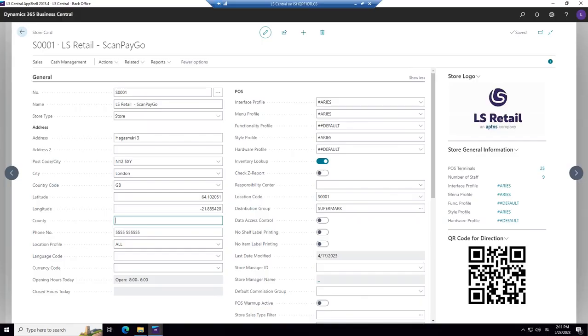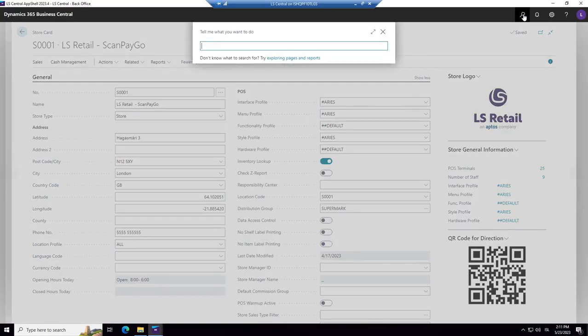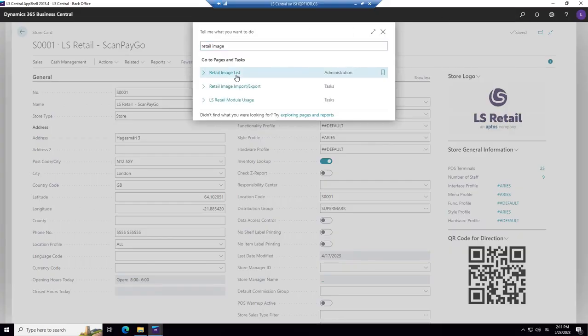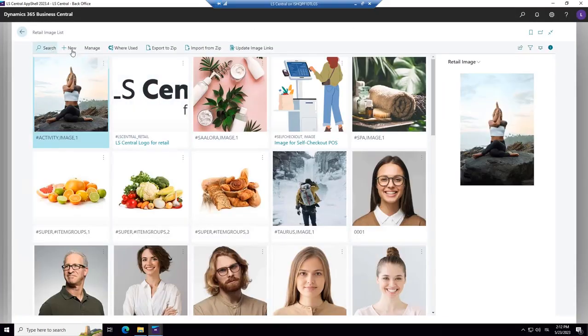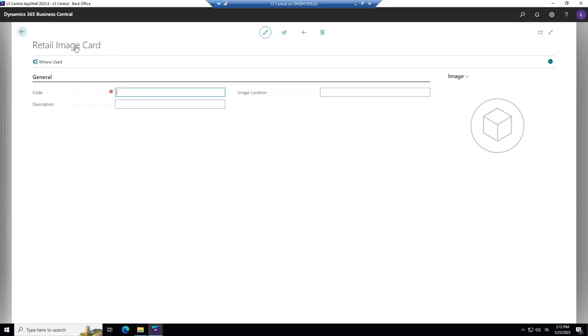Now we're supposed to change the store front image. The same thing again, we need to create the image in retail images. So let's go into retail images and enter some code, some description, and import the image.